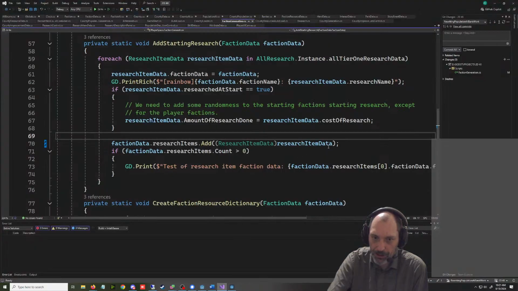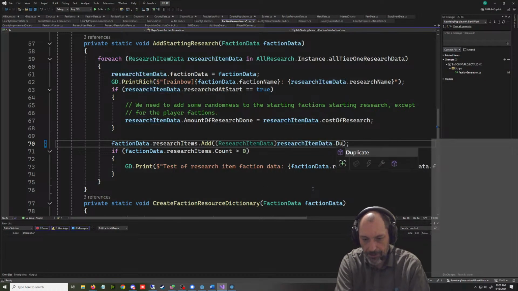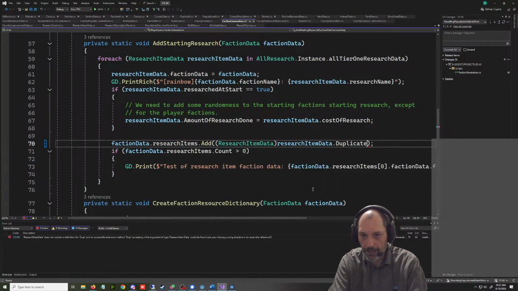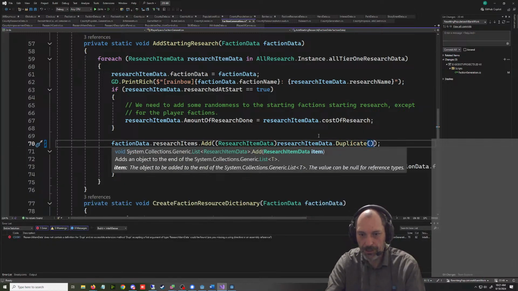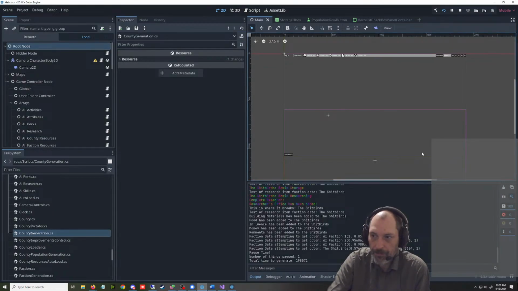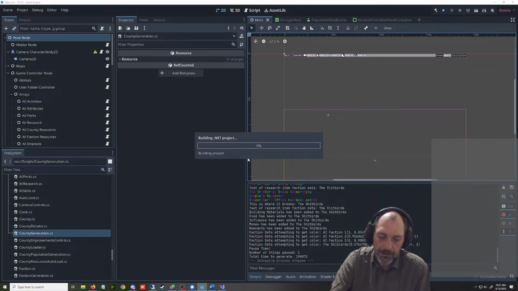Then what happens is if we put duplicate in here and we go like this, it's supposed to duplicate this resource and